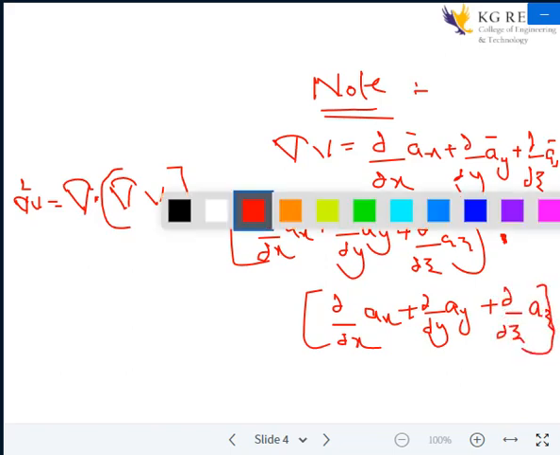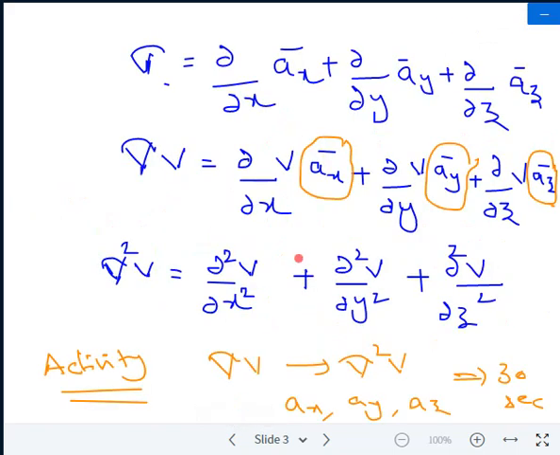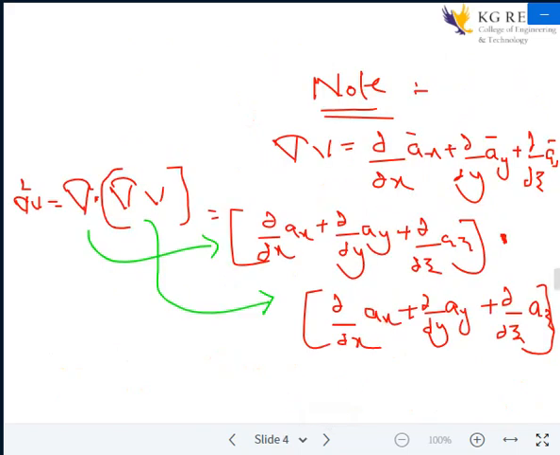Here, if you observe, I am taking one more notation. This is the del operation. Now del dot v is this. Already, if you see in the previous slide, we got del dot v because the del operation we multiplied with the scalar. So this is the equation which we already know. Of course, I need to write v here, because this is del v. Now you can observe this is a dot product which I am doing with this del and also with this del v.